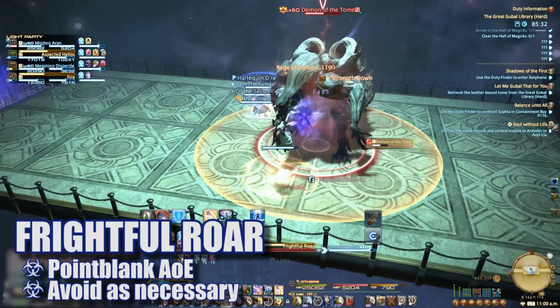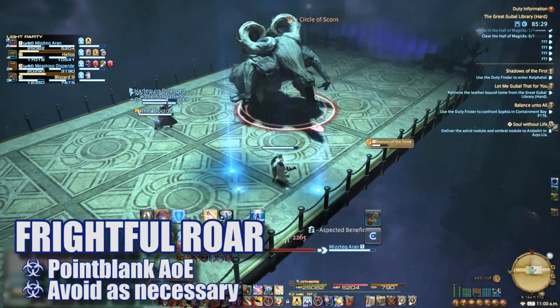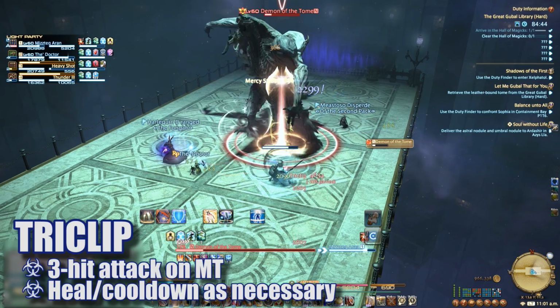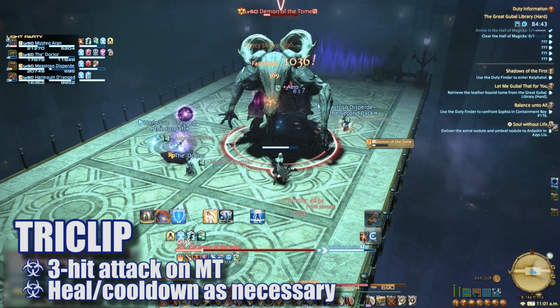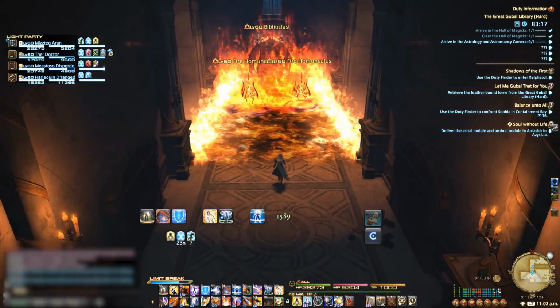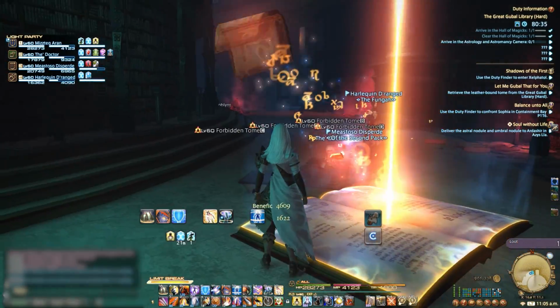Frightful Roar is a point-blank AoE that should be avoided as necessary. Tanks and healers will need to watch out for Tri-Clip, which will hit the tank in quick succession. Heal and cooldown through as necessary. Continue dodging AoE while burning down the boss. Up next, more familiar trash, and then we take a look in a book to be transported to the next boss, Living